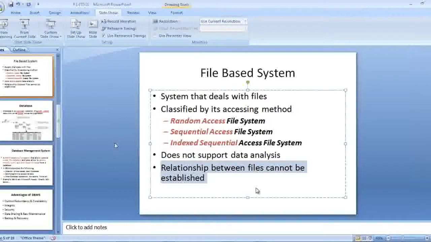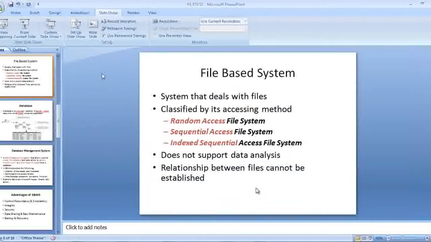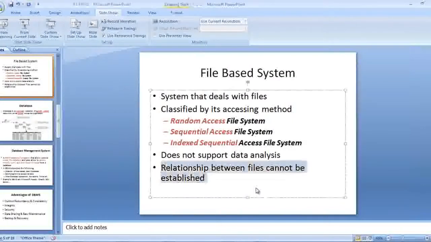What is the importance of this relationship? I told you before, in a company we have several departments. Okay, some departments may be working in the US, some will be working in another country. So, in order for the company to work in an efficient manner, they need to communicate with each other with the correct data. That is important. If they are communicating with the wrong data, then the company will collapse. So, we need to ensure that the relationship between this data, that is with the